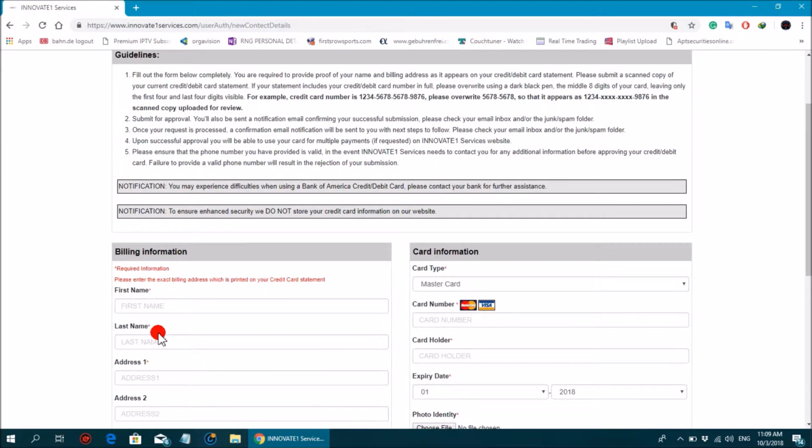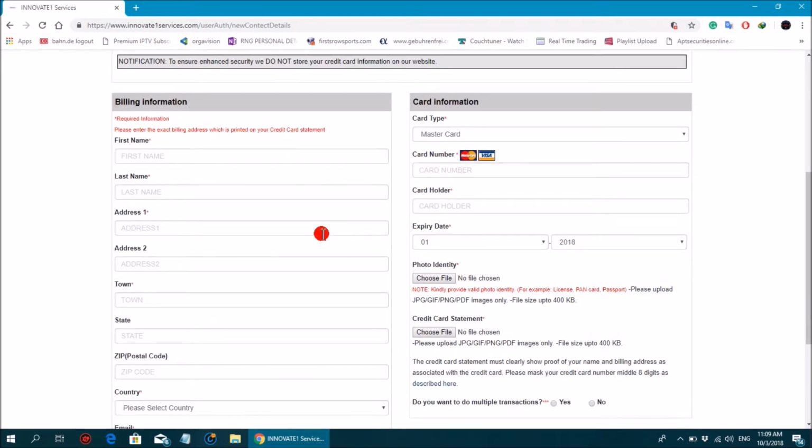So it will take you to this page. Here we are. Like I said, this is just a tutorial, and I have already done mine and it was successful. First, don't paste anything, type everything that is required. If you paste anything, it will bring you back.